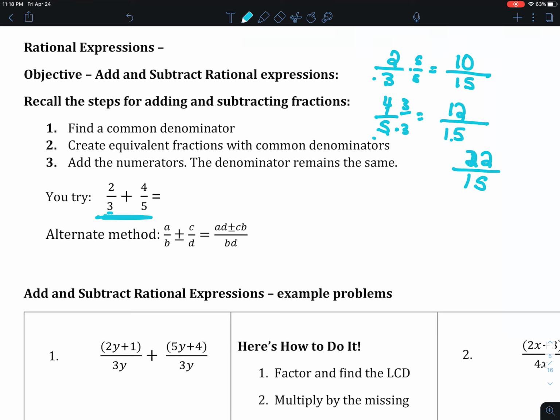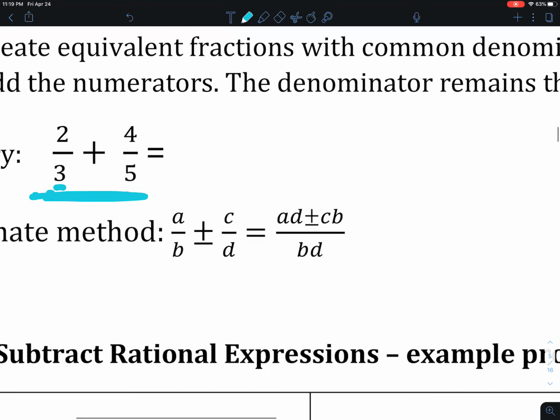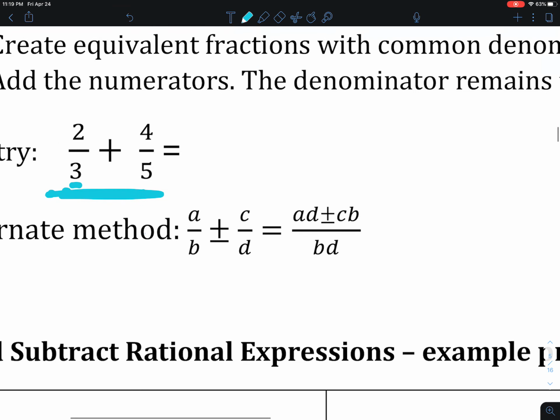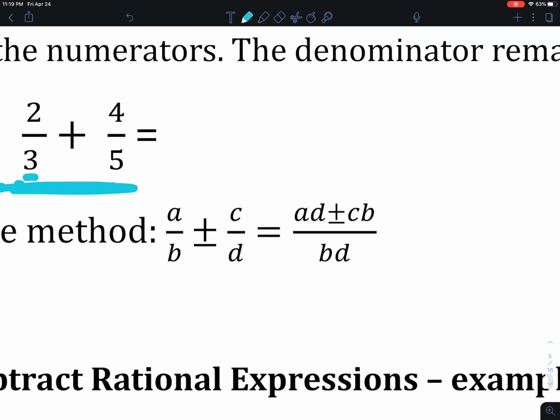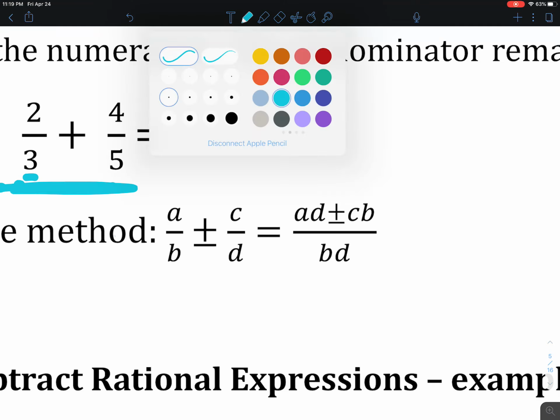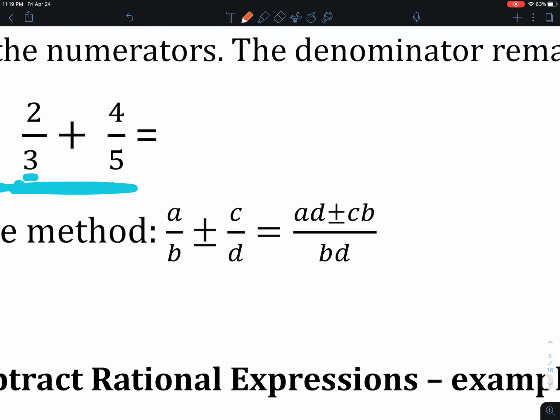Okay? Now that's one way of doing it. That is the mathematically correct way of doing it. But here's a shortcut that I like to teach students, and this shortcut works. However, it works best when you have a single factor on each side. If you have a single factor on each side, the way you can do it is, I'm just going to get some colors here, multiply the numerator by the denominator of the second one,